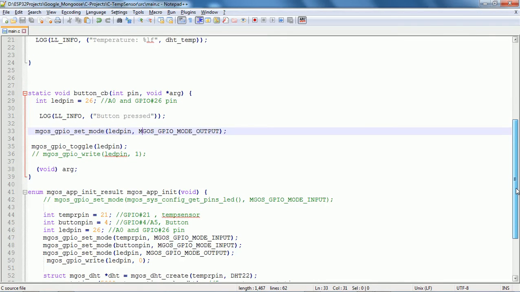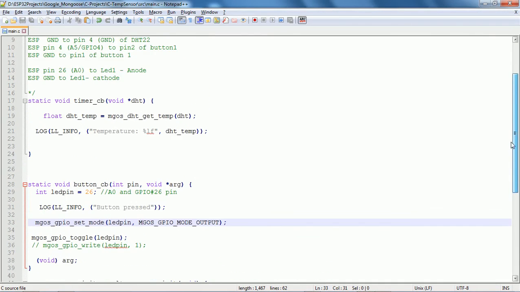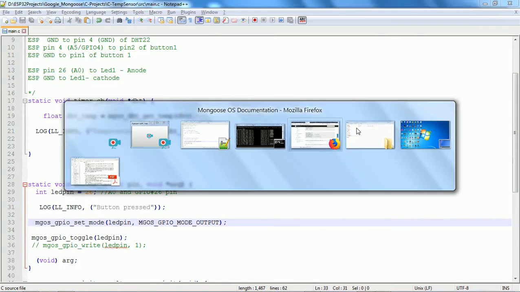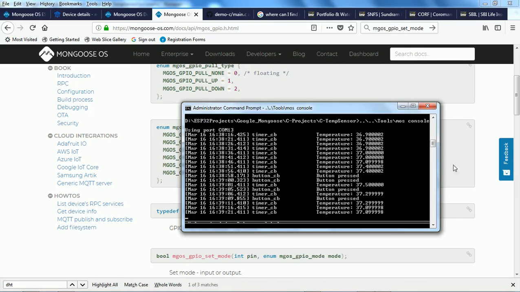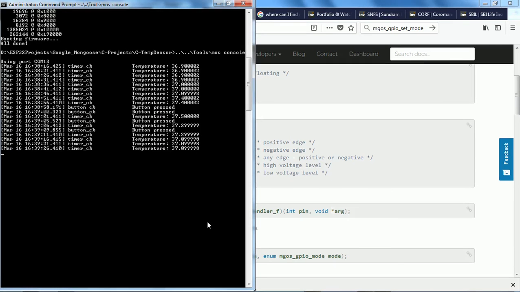So basically this is the overall experiment, and the important thing to note here is that when we want to do C development, we need to make use of the mos tool where we have to rely on command line programming. So I just have closed it. So let me just recap whatever I have shown you.